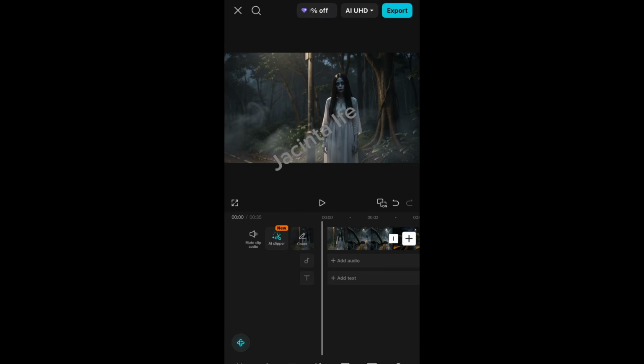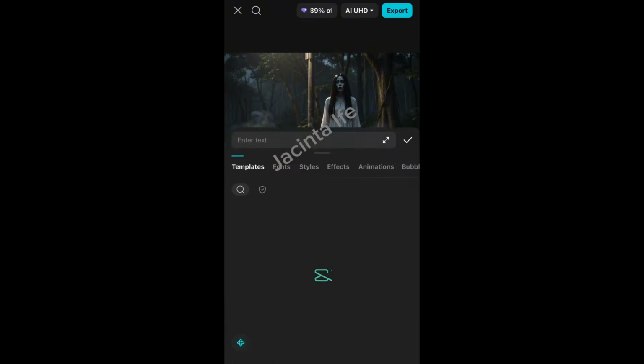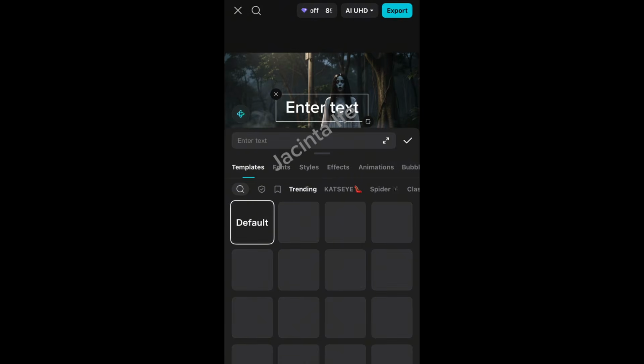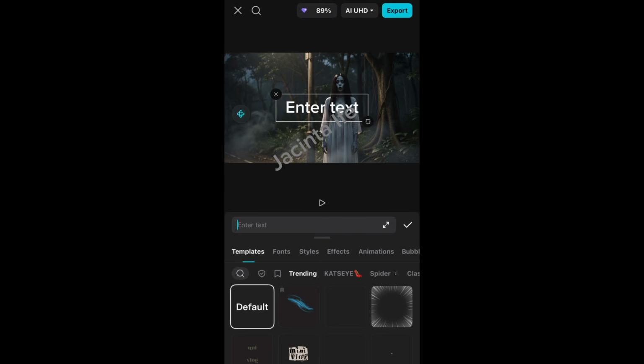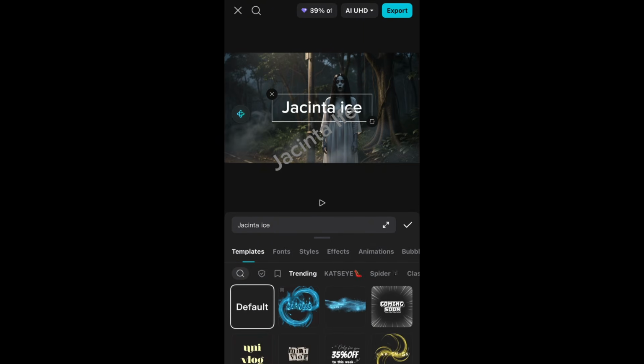So now I can add a watermark. Let me add a watermark here. And just add this watermark to it. So here you go. That's a watermark.